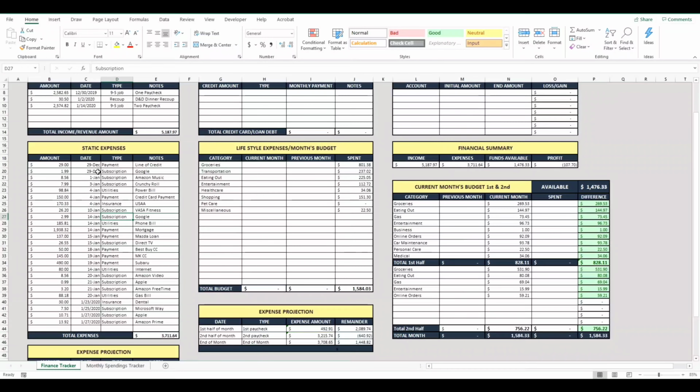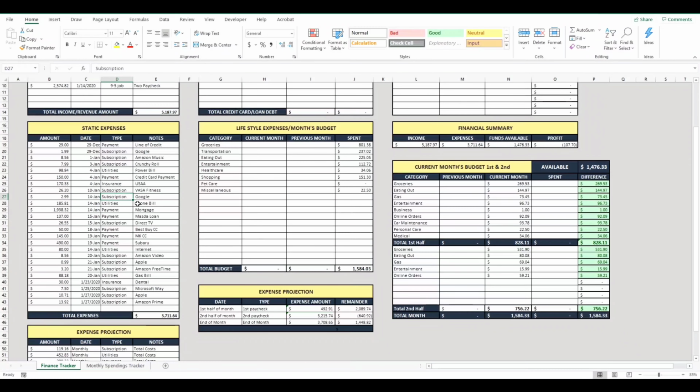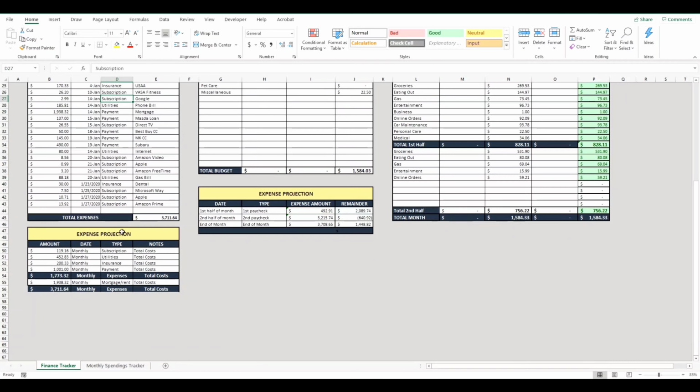So here I have some examples of expenses that you're going to see, whether it's a subscription or a payment, and I have notes about where those things are coming from, so you can see an example of what you're going to have when you fill out your own. And as part of that step, I took all the ones that said subscription, all of the payment amounts next to them, and added them together to give me a total of what I'm paying in subscriptions. I did the same thing in utilities, insurance and payment, and that gave me the total expenses with just those involved of $1,773.32. And then I added in a monthly mortgage or rent of a higher-end home that you might have, and that wound up being